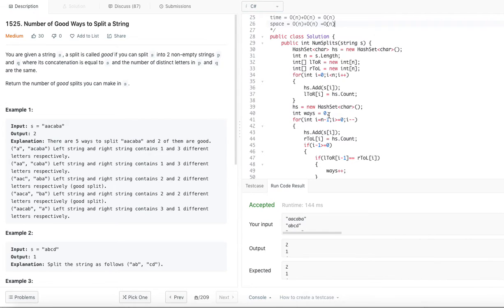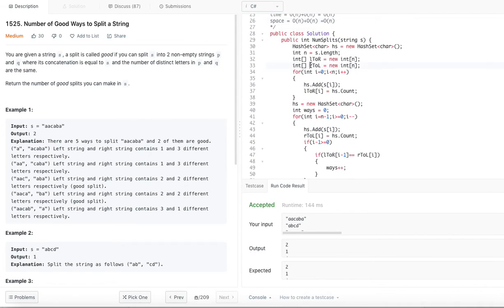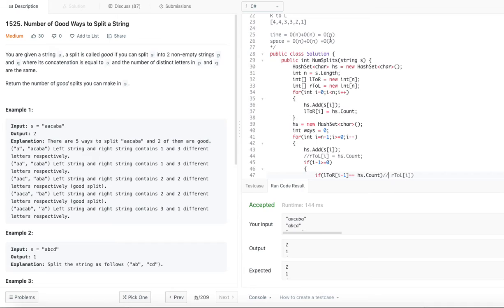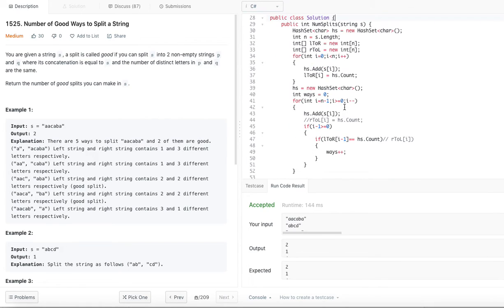So even though you don't use this R2L array, just like I did by commenting this out and directly comparing the HS count, we will still say order of n is the time complexity, whether you use it or not. But in practicality, it will need less memory. That's what we talked about, right? Good.